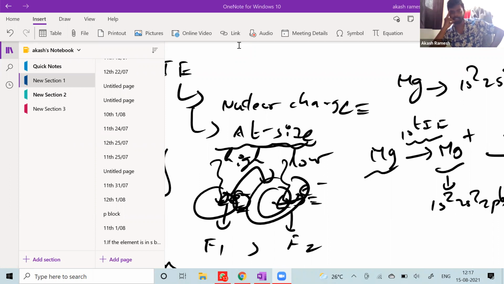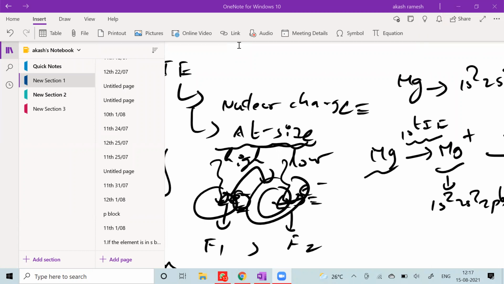So most of you are saying that second ionization energy will be greater than the first. Yes, your answer is correct. Anybody want to tell me why is it like this? Suprajit says that it is because I have high nuclear charge in Mg plus than Mg. Now, if Suprajit can answer this question, how is the nuclear charge higher? Then I think Raghav's question is answered. Suprajit, you want to contribute? Why do you think like that? Yes, sir. Yeah, please tell me.